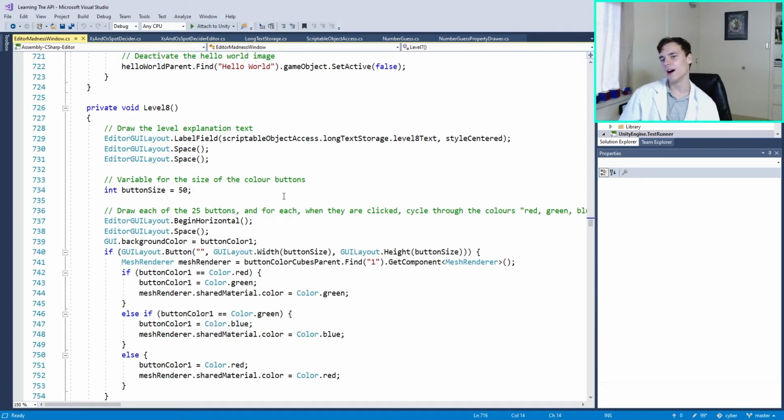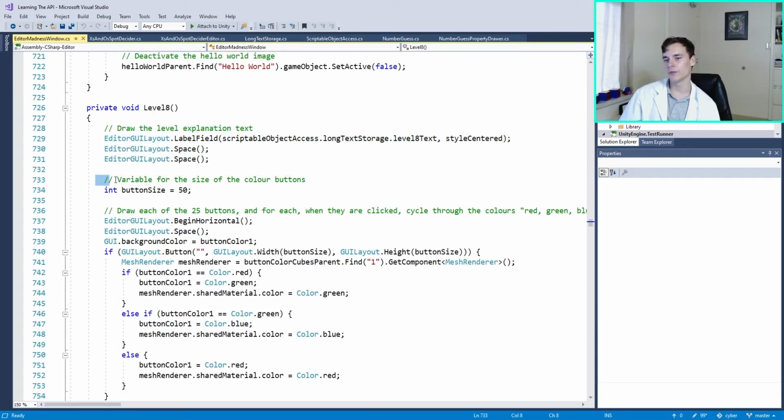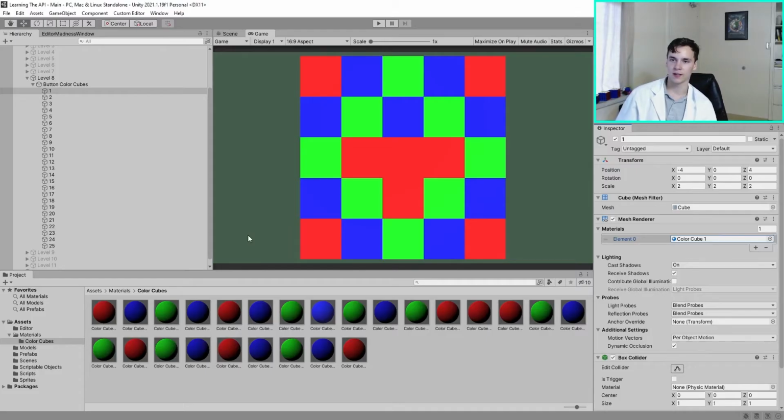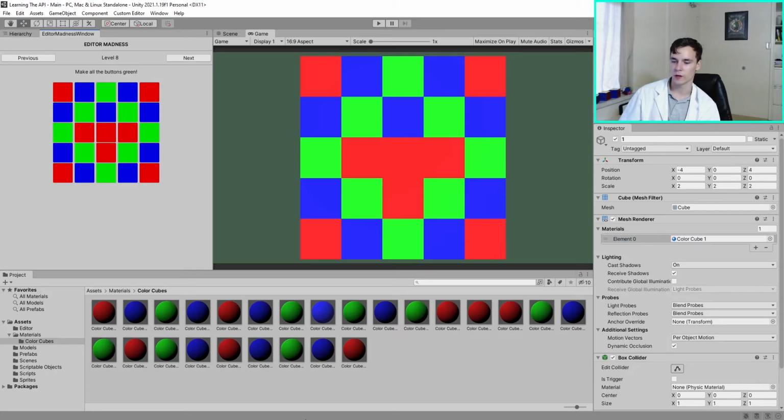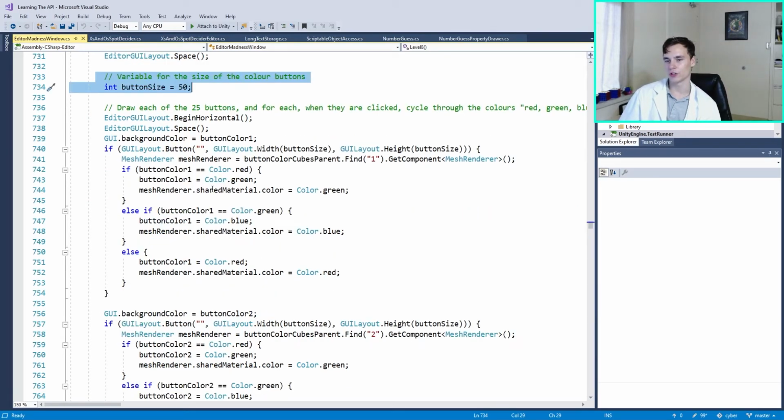But anyways. So level 8 though, yeah, then the coding behind it is that it grabs the explanation text, as always, then it's a variable for the size of the buttons. I've basically been able to, in one place, set the width and height of all the buttons. As you saw here, if these buttons are all squares, I could change the sizes of all the buttons in one place. Anyways, so now I have to go through and draw each of the 25 buttons, and I